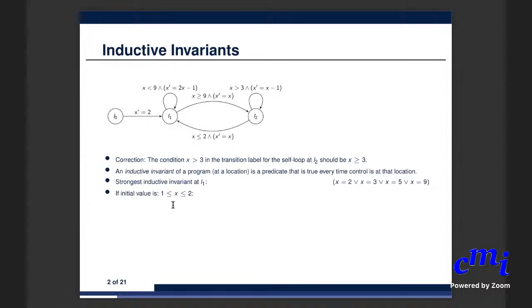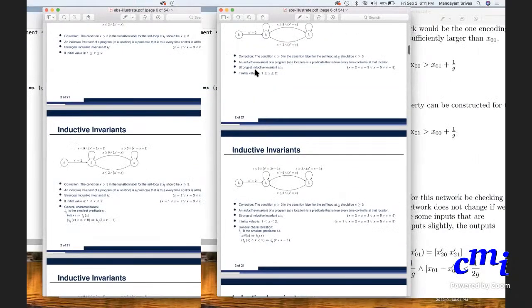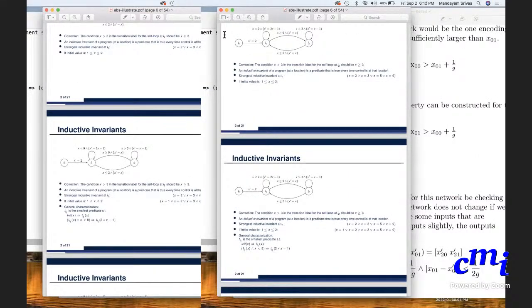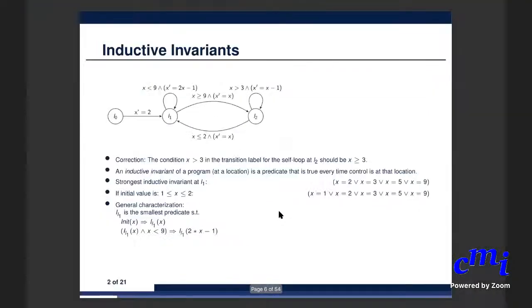Now, can anyone answer, if the initial value is between 1 and 2, what would be the predicate? In the interest of time, I will show you. If, instead of being assigned 2, the initial value is between 1 and 2, and I'm assuming here these variables are integer variables, which I should have mentioned,